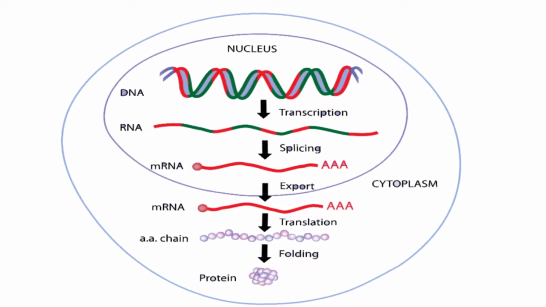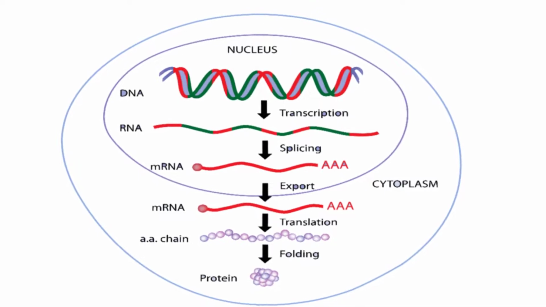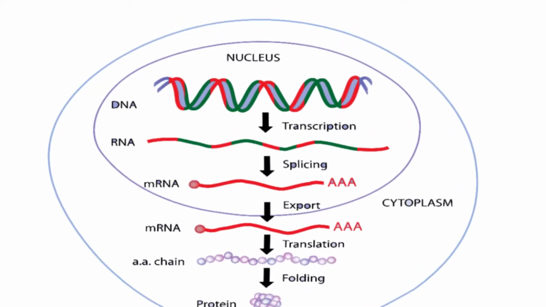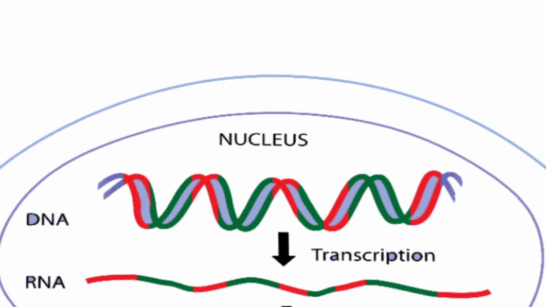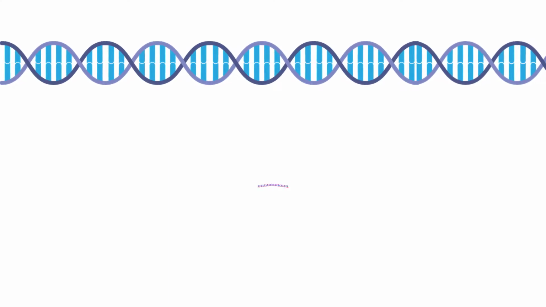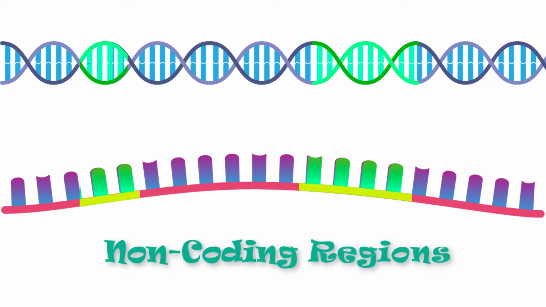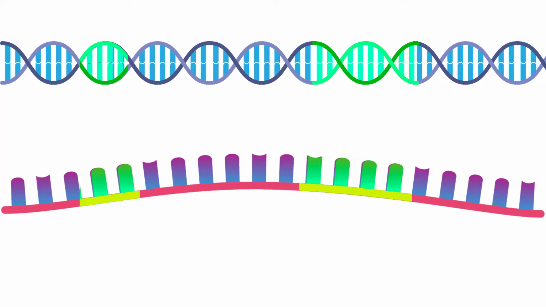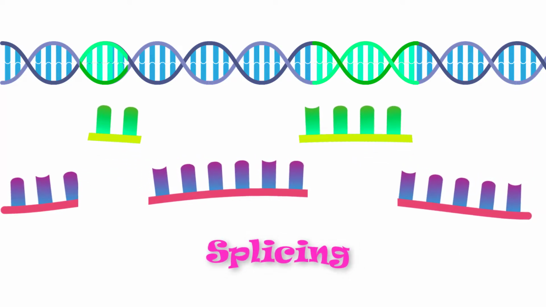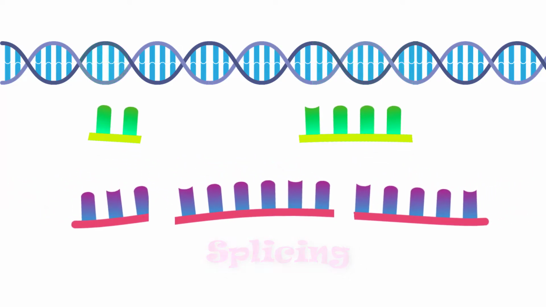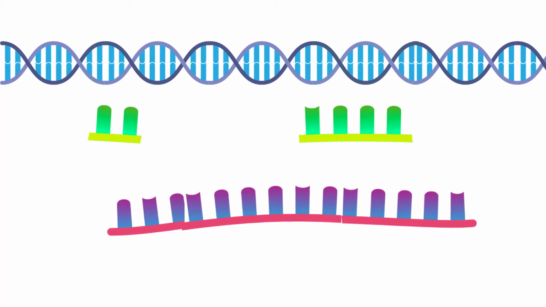Before the mRNA molecule leaves the nucleus and proceeds to protein synthesis, it is modified in a number of ways. For this reason, it is often called a pre-mRNA at this stage. For example, your DNA, and thus complementary mRNA, contains long regions of so-called non-coding regions that do not code for amino acids. Their function is still a mystery, but the process called splicing removes these non-coding regions from the pre-mRNA